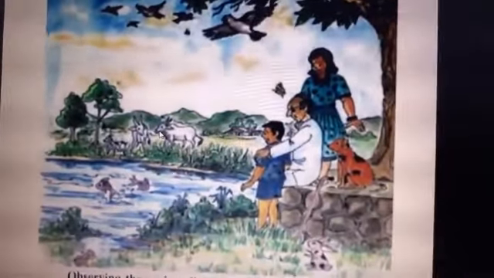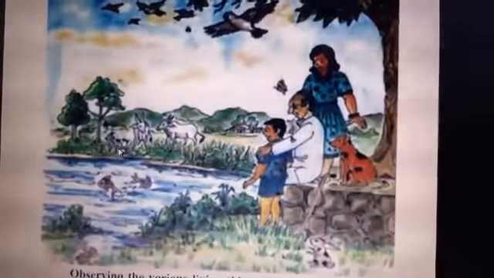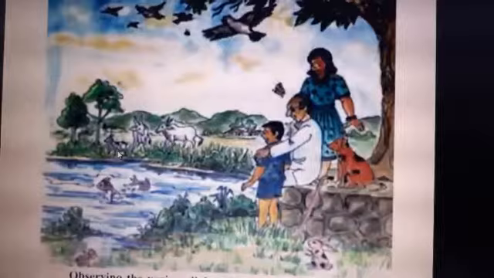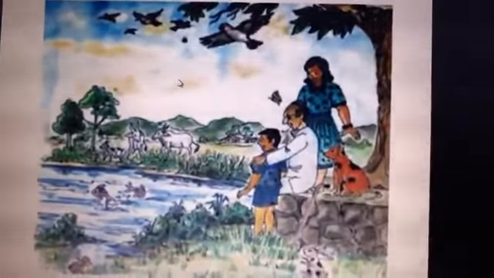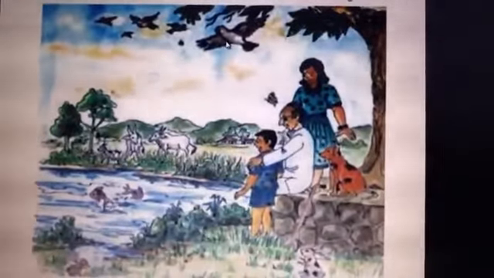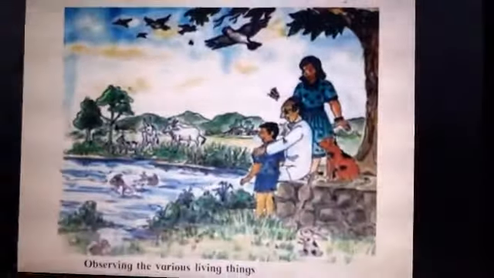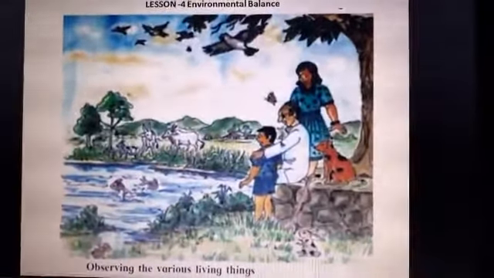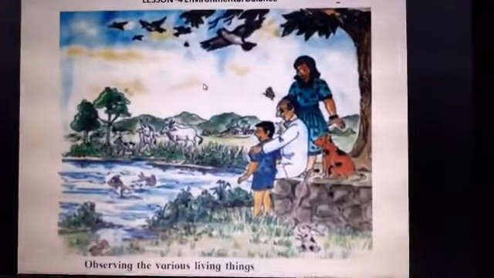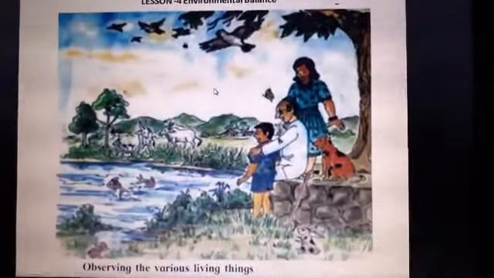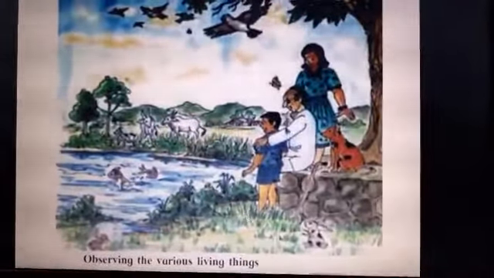Bullocks are useful for farming in agriculture. Then we can see the goat is there. A small white and black goat is tied to the tree which is standing over there. And we can find here what? In the air the birds are flying. It means what? It means that the living things which are all present here are known as what? Biosphere.